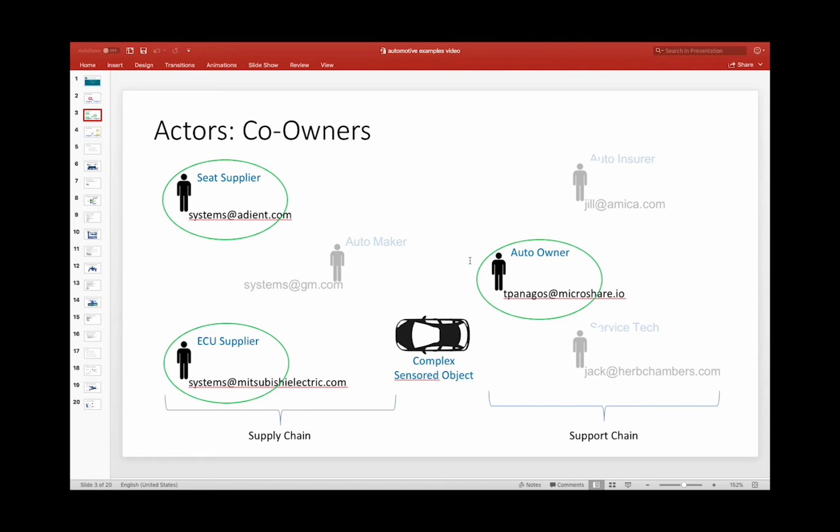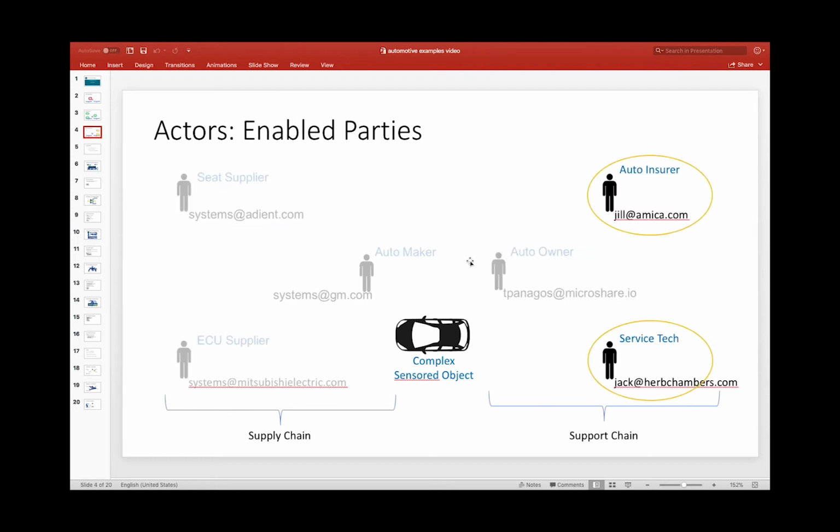I'm going to use myself as the example of the car buyer, and then we're going to look one step further at the idea of enabled parties, which are entities or people that have access to consume the data without themselves having the right to dispose of that data. So they're not owners of the information. So we're going to see my auto insurer, Amica, and my service technician, Herb Chambers,